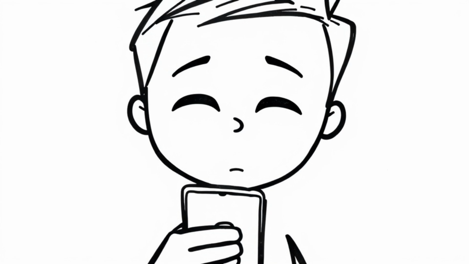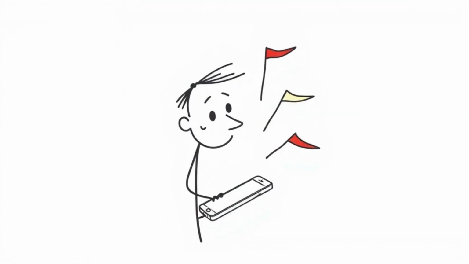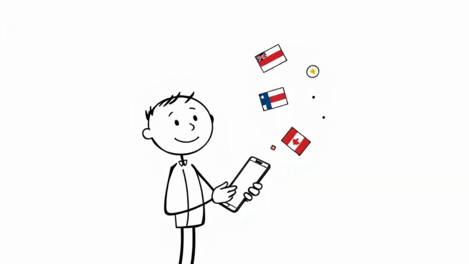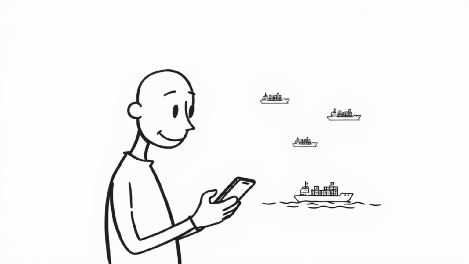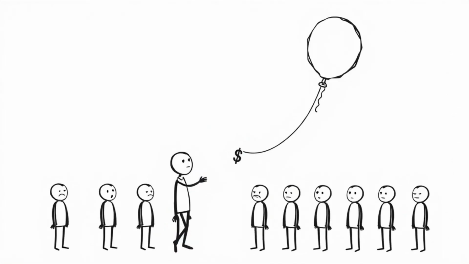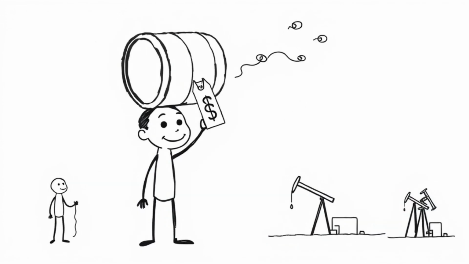Here's why. Look at the phone in your hand. It probably wasn't made entirely in one country. The design might come from one place, the chips from another, the screen from somewhere else, the assembly from a different region. Then it's shipped across oceans before reaching you. That device exists because of stable trade relations between multiple countries. If one link breaks, because of political tension, tariffs or supply chain disruption, production slows down. Prices rise, availability drops.